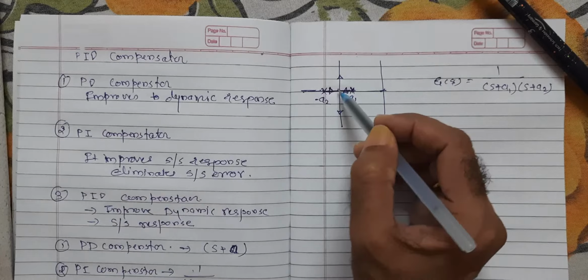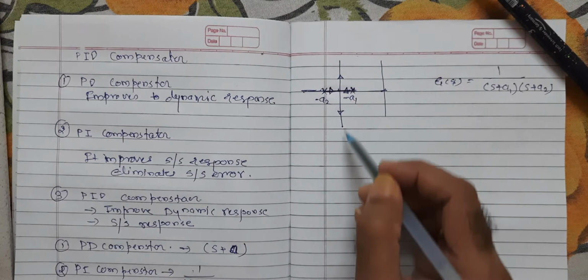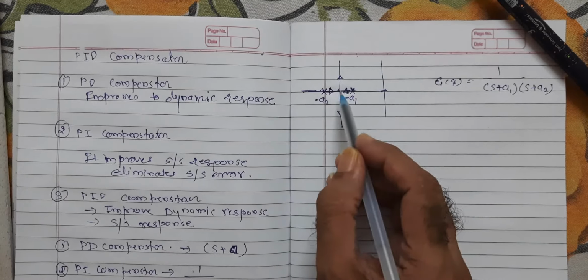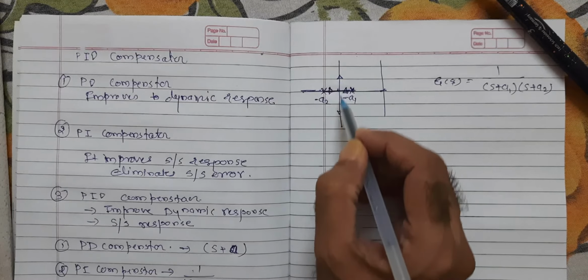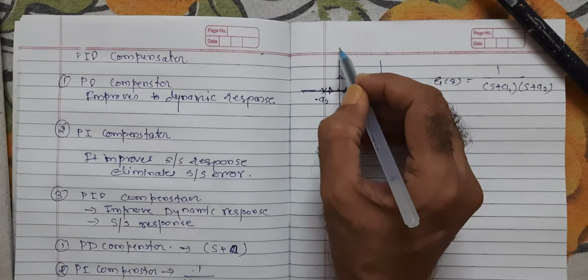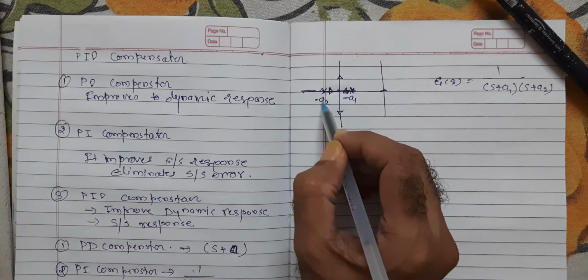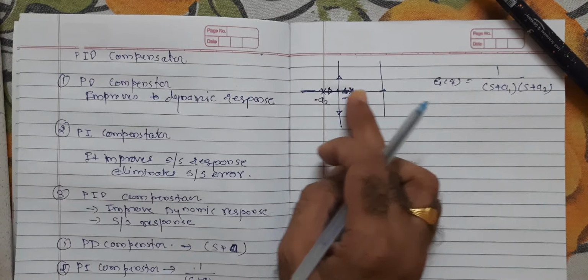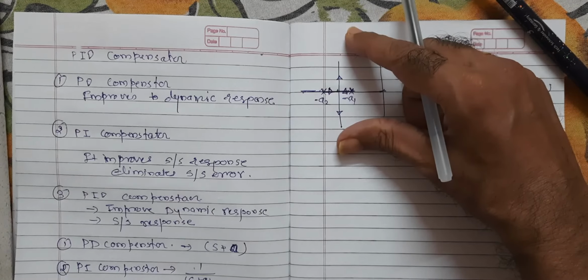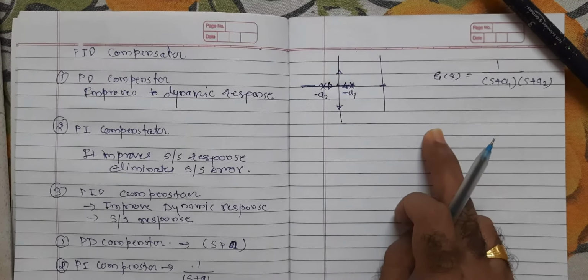Now we will find the breakaway point, and from that breakaway point the two branches will move in the upward and downward directions. It is exactly at 90 and 270 degrees. So this is 90 and this is 270. One pole will move in the upward direction, the second pole in the downward direction. So this is the direction of the poles. These poles, a2 will start moving to the right side and a1 will start moving to the left side, and then they will split, one moving upward and one moving downward.